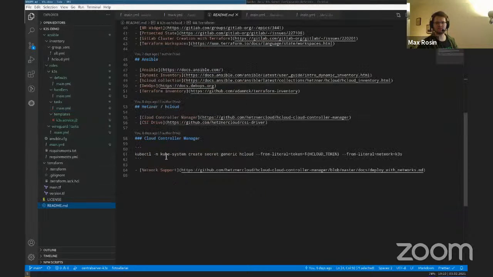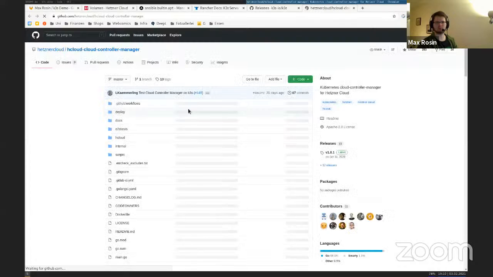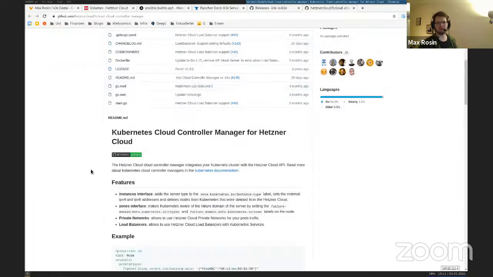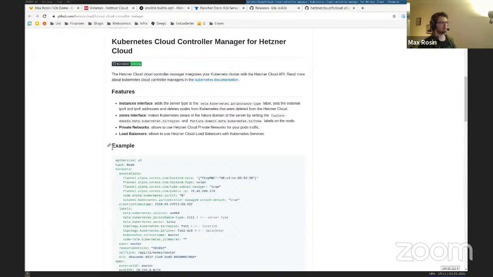And there's a link, Cloud Controller Manager. It goes to GitHub. And yeah, that's from upstream, Hetzner Cloud again, similar to our Ansible and Terraform provider. And next time we can deploy this to our cluster, and then it will tell Kubernetes, hey, you are running